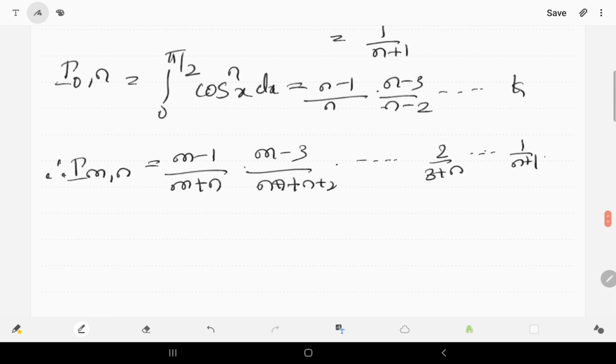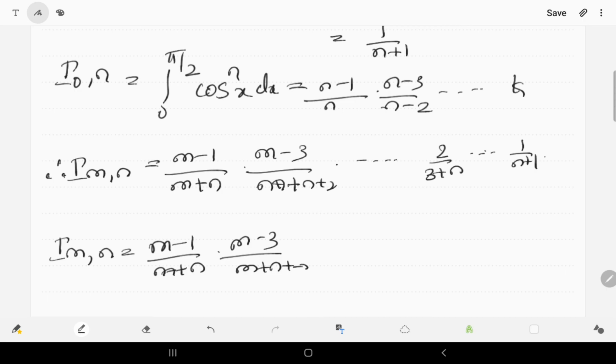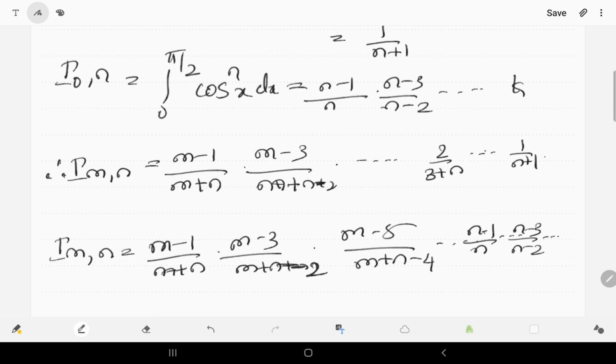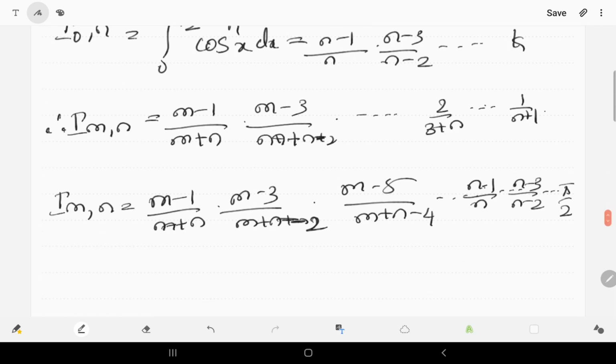where n may be odd or even. So if both m and n are even, then its value is equal to m minus 1 divided by m plus n into m minus 3 divided by m plus n minus 2, into m minus 5 divided by m plus n minus 4 and so on, and similarly n minus 1 divided by n, n minus 3 divided by n minus 2 and so on, into pi by 2 if both m and n are even,